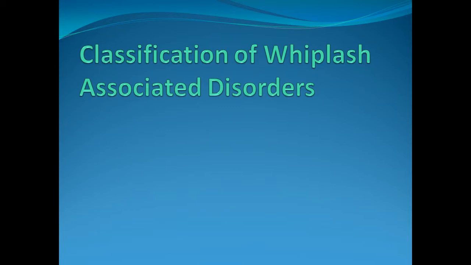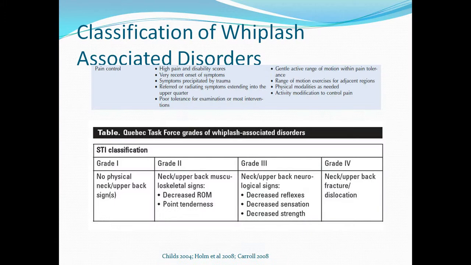So how does this fit into the treatment-based classification for neck pain? Considering the underlying mechanisms of those who suffer from chronic pain associated with whiplash-associated disorder, the classification system has evolved to encompass the presenting symptoms as well as the associated psychological factors that arise and must be considered for treatment in these individuals. So the pain control classification for the treatment-based classification for cervical spine is defined as Childs et